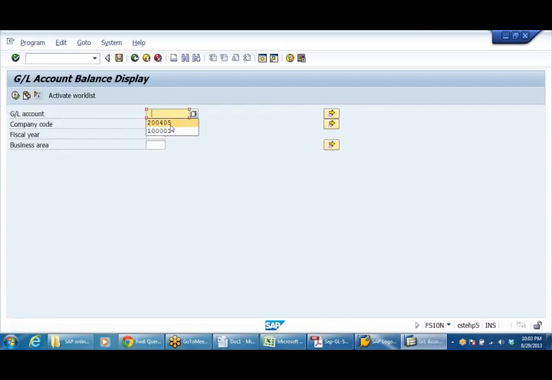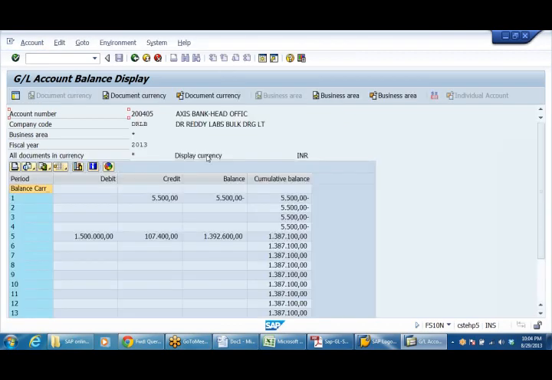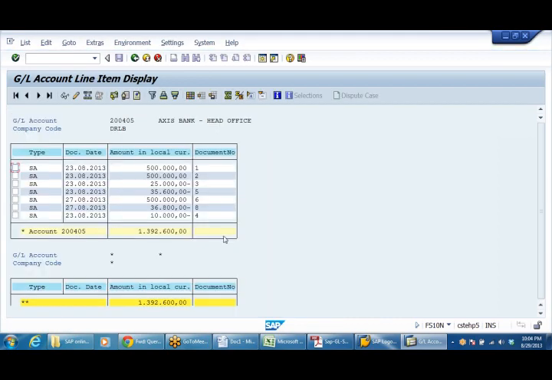I'm looking at the bank account, company code, fiscal year 2013. Yeah, still it is showing here only.